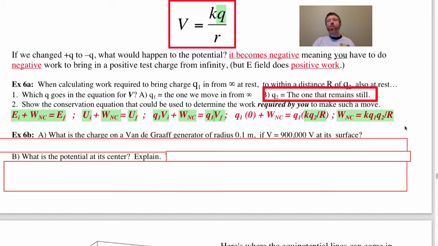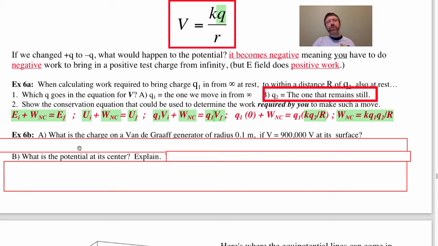That is the work done by you to move Q1 from infinity to within R of Q2. Always start out with this. If it ever asks how much energy or how much work is required, start off with your conservation of energy equation. How about this? What's the charge on a Van de Graaff generator of radius 0.1 meters if V is